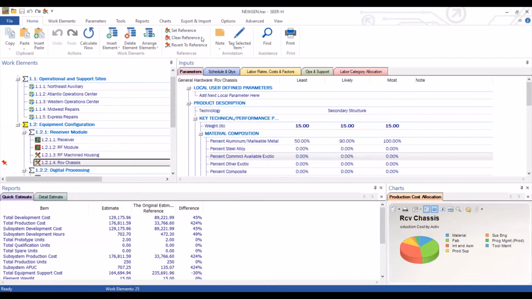Now, it's important to note that when you select clear reference, it will keep all the changes you have already made. If you want to go back to your initial estimate, it is good to do the revert to reference first,